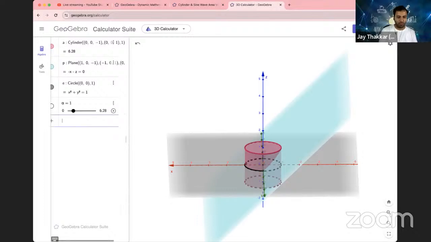N, then one of the points will be moving on this particular circle, and the parameters for that are: the radius is 1 and the angle is also alpha. Right. And the moment I move this,